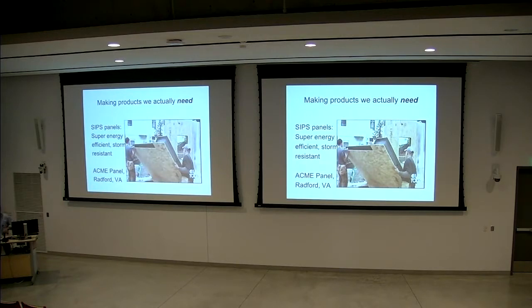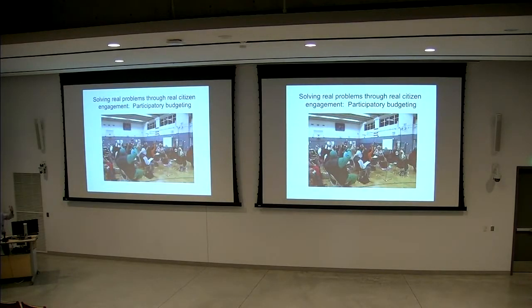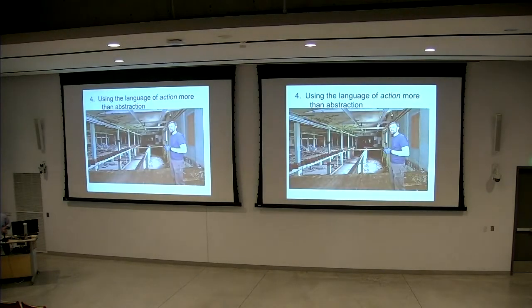And the last example I'll give is of this fellow in Radford, Virginia, not far from us, who's dealing with the question of energy efficiency and buildings. He converted an old tire factory and he's building structurally insulated panel systems, SIPS panels, which improve your energy efficiency by 50% and are super storm worthy. Again, just a tremendous way to do that. I'm gonna skip over that.